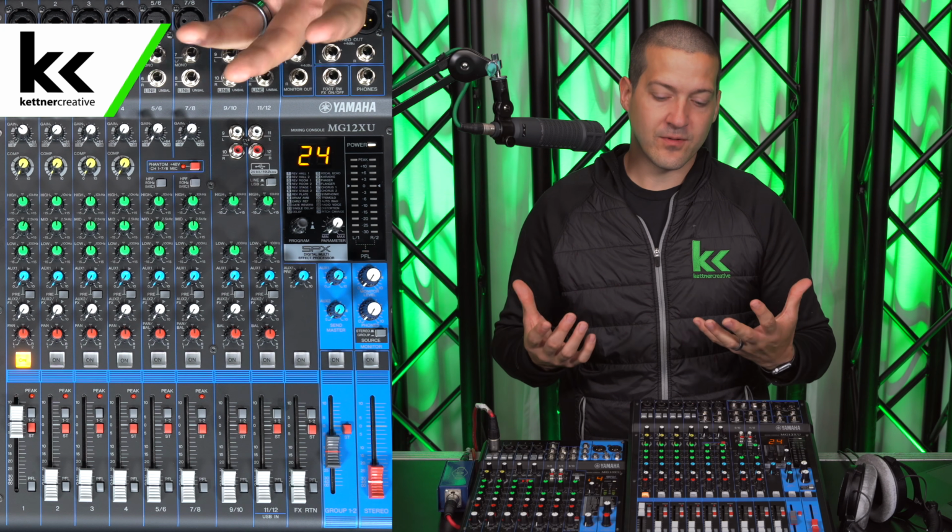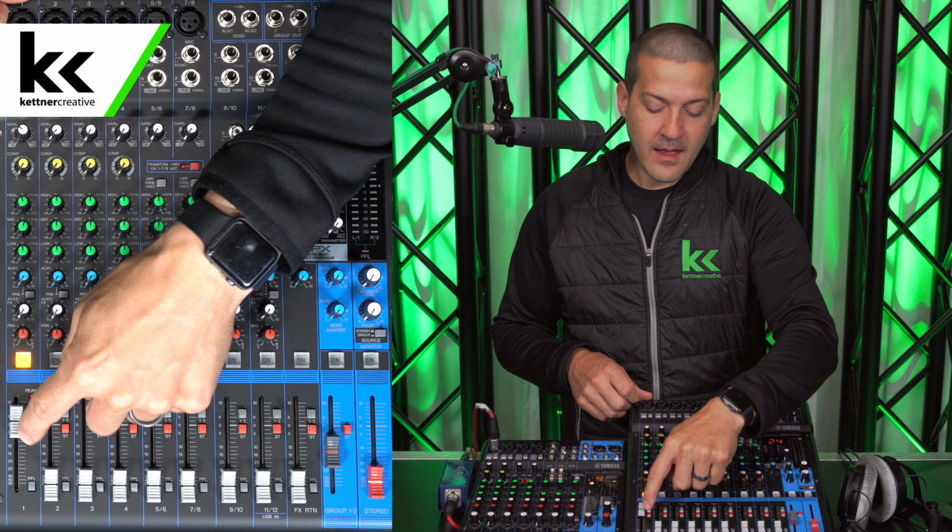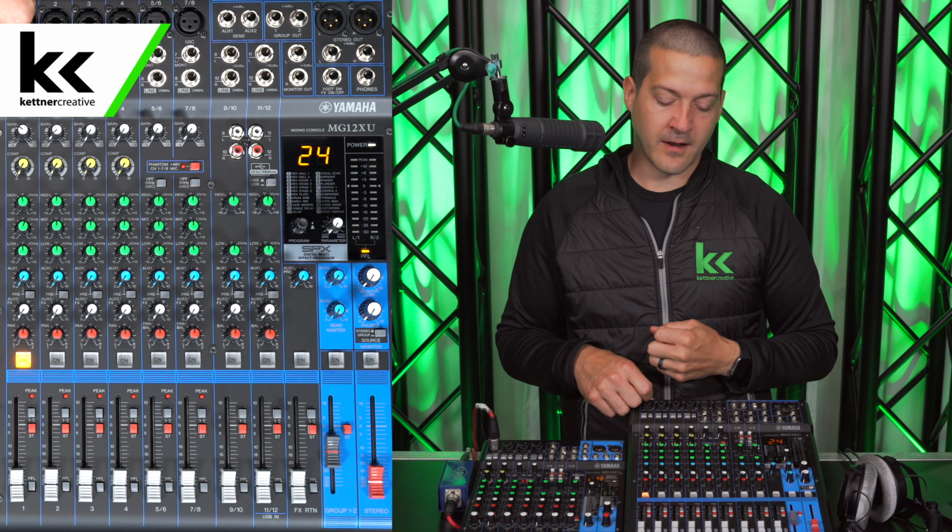And when would I use the stereo button? I use it 99% of the time. Like I said, if you want it coming to the main stereo mix, then I would click it on. When would I not use the stereo button? There's two main reasons that I can think of to not want to use the stereo button.